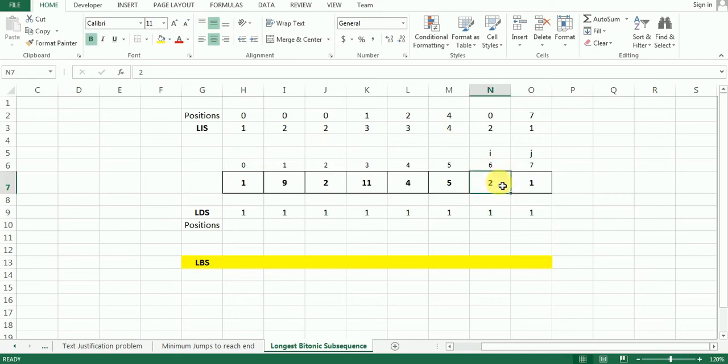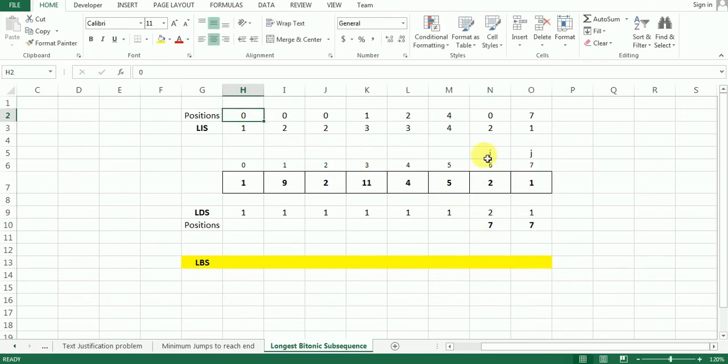So is 2 greater than 1? It is greater than 1. So I'm going to add 1 to this value. Okay, we are moving from right to left, so you need to keep in mind which cells we are considering. So is 2 greater than 1? Yes. So we will add 1 to this value. We'll get 2. Is 2 greater than this one? Yes. So I'm going to populate 2 over here. Okay, and I will populate 7 over here because this is going to be the address of this value from where we are deriving. All right, and 7 will be populated over here also, the base state, like we populated 0 over here.